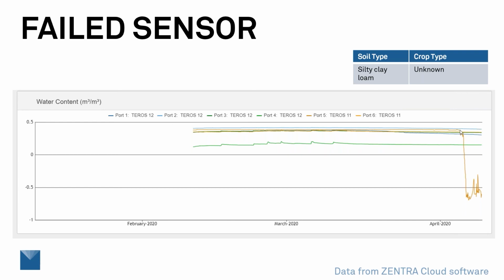And this guy was running along just fine and suddenly bouncing around at negative 50% water content. Now, obviously, that's not true. And obviously, we have a problem. The cool thing is we're using Zentra Cloud here, and it alerted us, and we know what's going on before we waited several months to see what's going on. And so my suggestion was, hey, go take a look at that sensor. Maybe there's a problem with the electronics. Just got the word just before the seminar that in fact the plug on the sensor had been pulled out somewhat, and once they plugged it back in, it started working again. So good news on that.